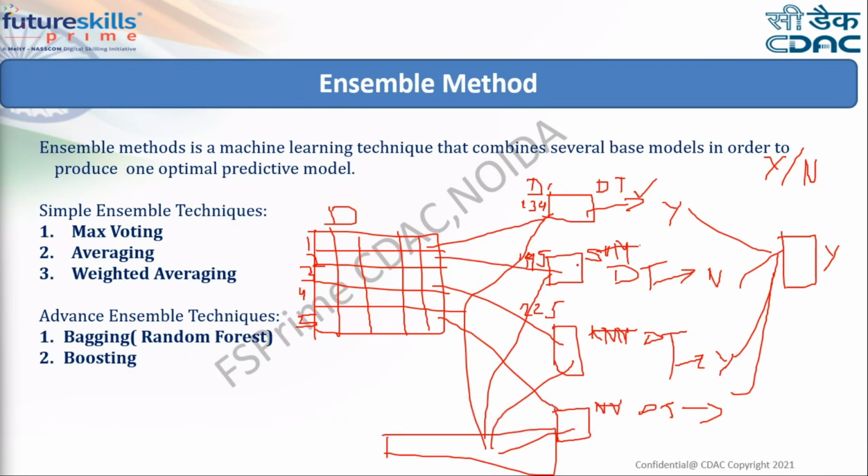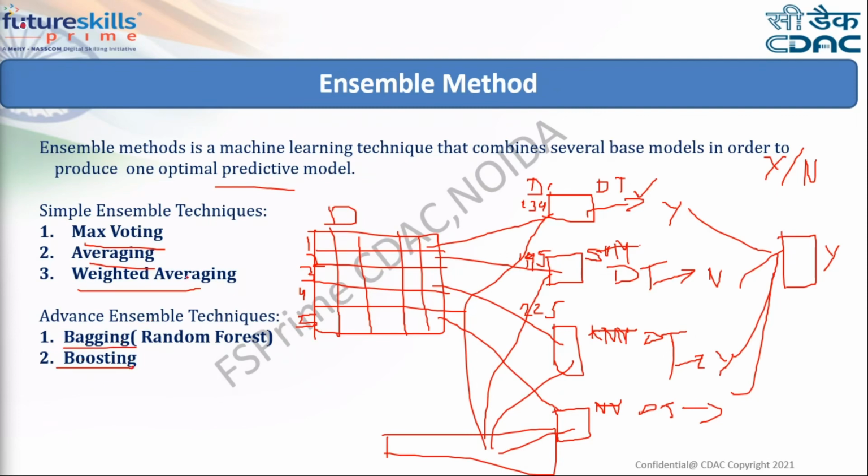What we do in ensemble, if we have different models, we will give the complete data set to these models. If we have the same algorithm for every model, then we will randomly select rows and give them to these models for the randomization purpose. Now this is the overall definition we have seen. After this, we have several ensemble techniques, like we can use maximum voting, or we can do averaging, or we can do weighted averaging. The advanced ensemble techniques are bagging and boosting.